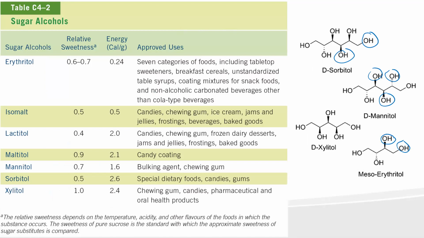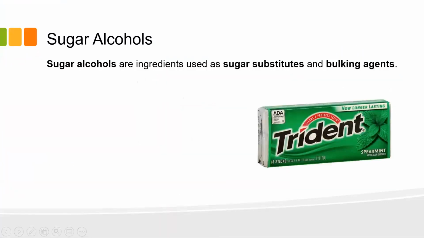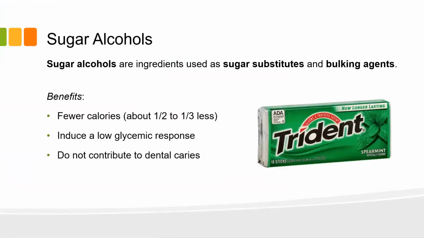They are not the same as ethanol. Ethanol is the ingredient you'd find in alcoholic beverages. It's just a chemical name. And there's a whole bunch of these. You can see there's a list here and some of their approved uses, and they're very good at sweetening things. They have different tastes. Some of them are pretty good tasting, and so on. And they tend to be very low calorie. They're not 0 calories. Notice I didn't say no calorie. I said low calorie. They're very low calorie.